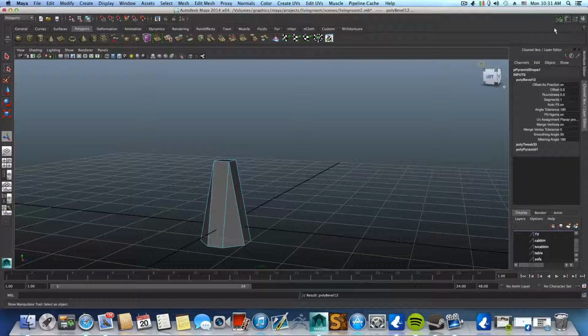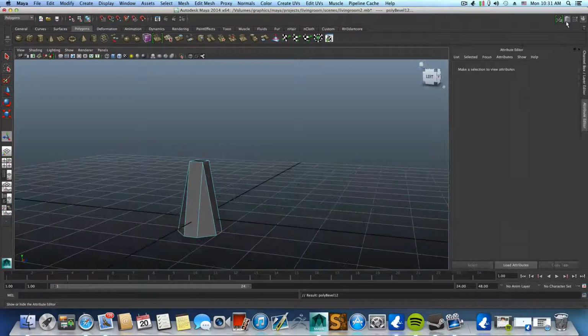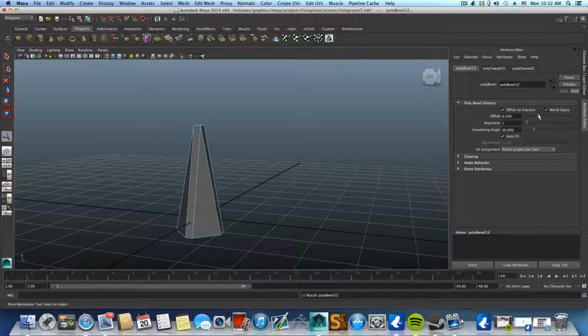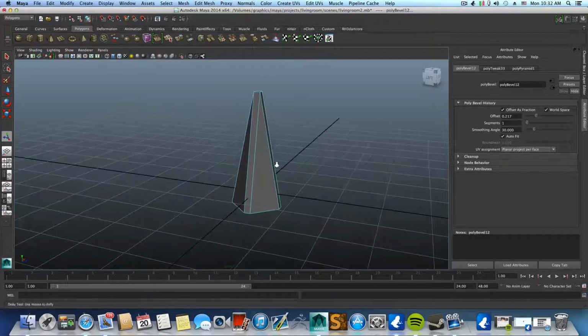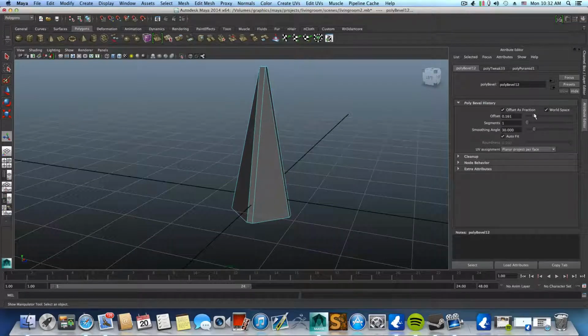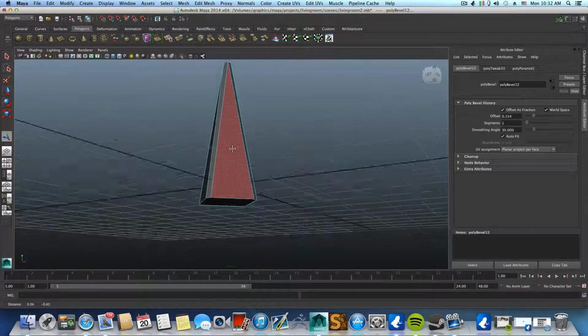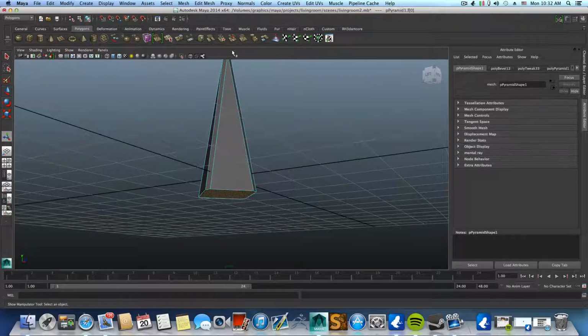and if we go to the attribute editor, I prefer to work from the attribute editor in this tab while it's still in bevel mode. I want to change the offset to something like that, and maybe even more, like that, and then right click, choose face, grab this face, extrude it once, but first